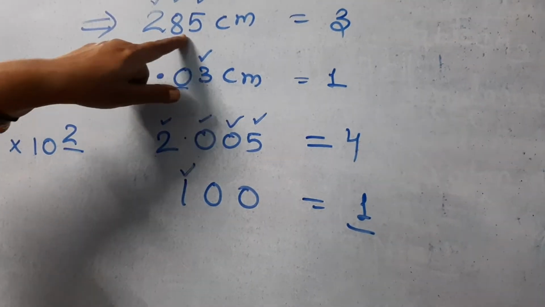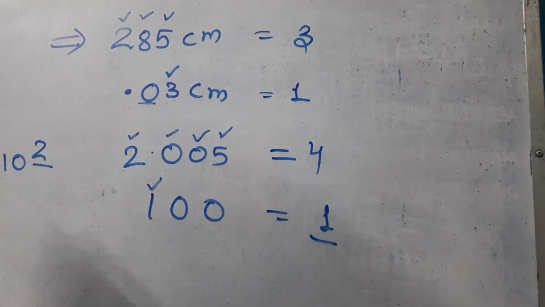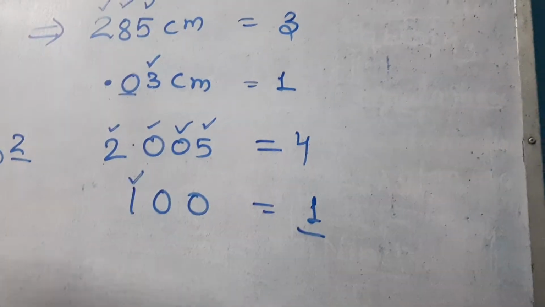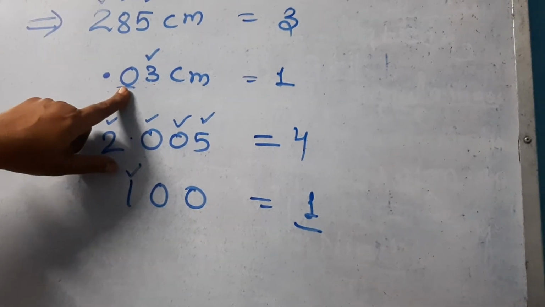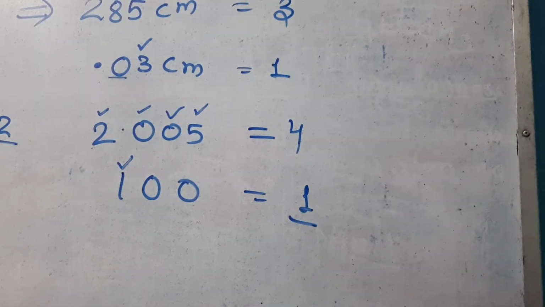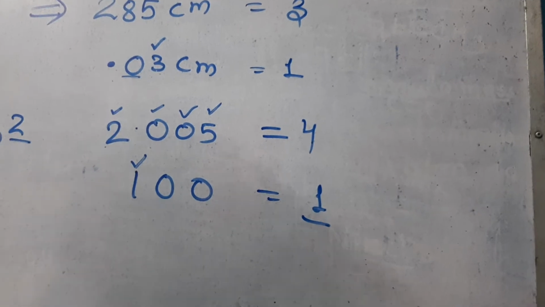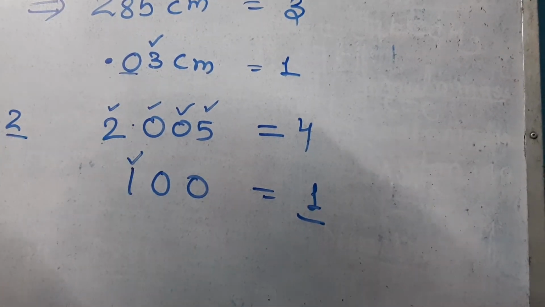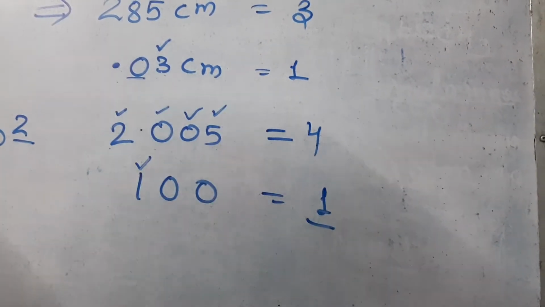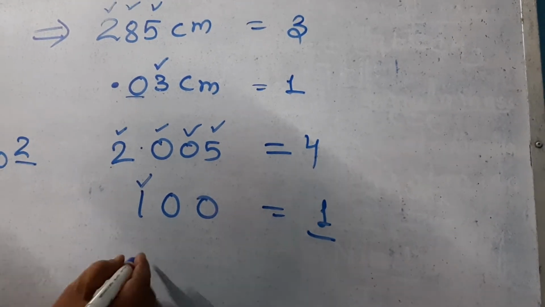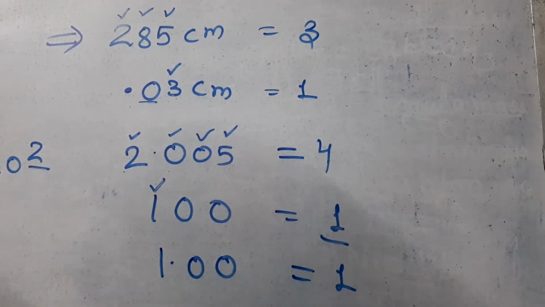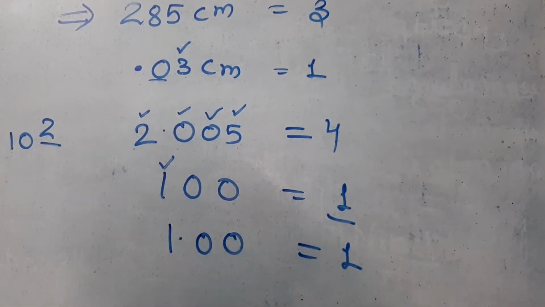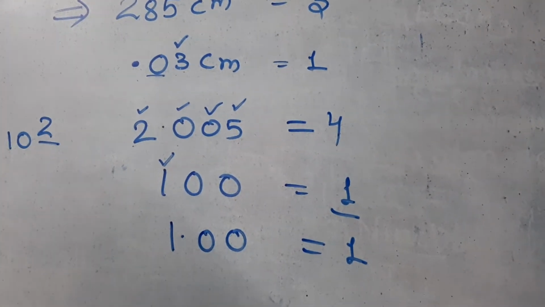Here all 3 numbers are simple numerals, there is no 0, so you have to take it as 3 significant digits. Here the 0 is before the digit, so you are not counting it as a significant digit, but here the 0 is in between the 2 significant numbers, so it is countable as a significant digit. But if the number is 1.00, again you have to write it as one significant digit.